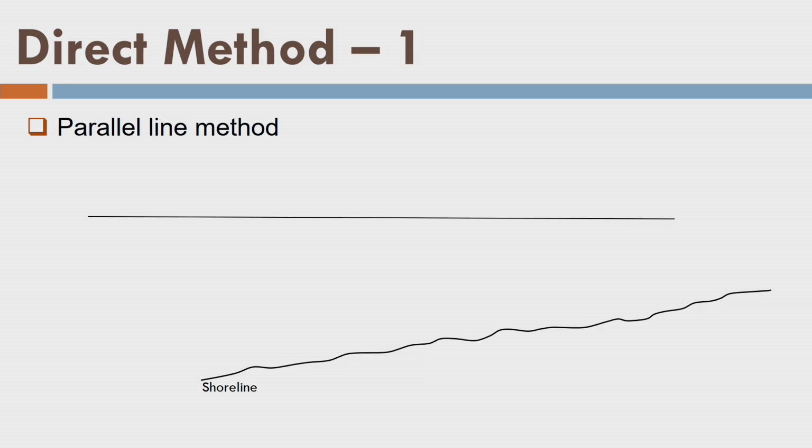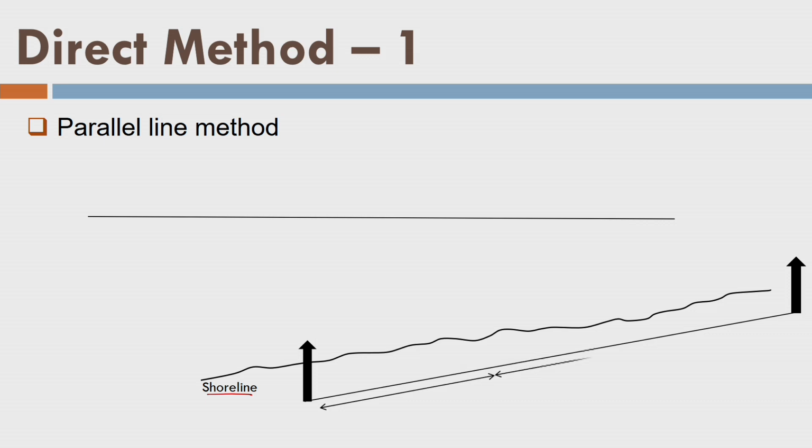In the parallel line method, you can see there is a shoreline and there is some line appearing as a horizon to me. That means it could be another bank of the river or water body. Now we first lay down a reference line on the shoreline, and these are my reference marks shown on the screen. Then the distance between the two reference marks is divided into equal intervals like this. After dividing into equal intervals, let us mark these points here. On these points we want to establish the perpendicular lines, or the survey lines, or our range lines.